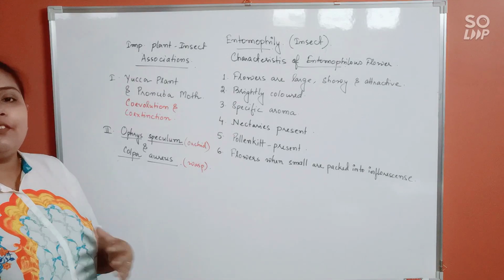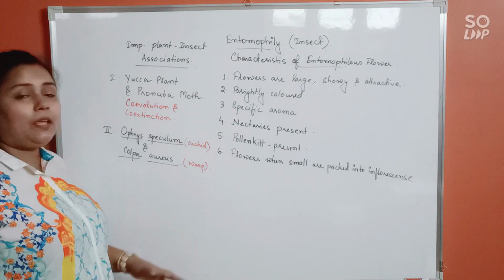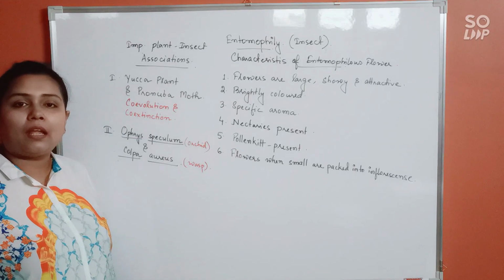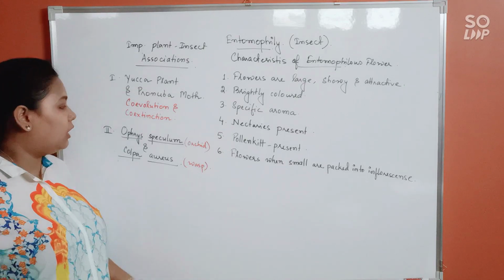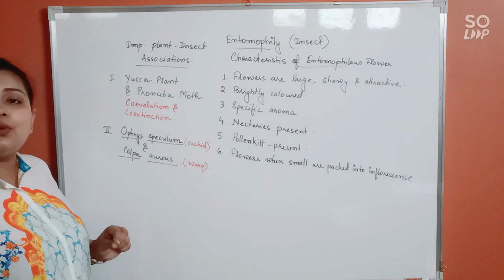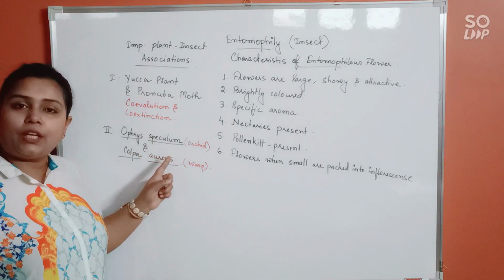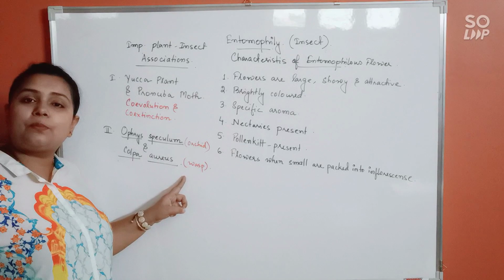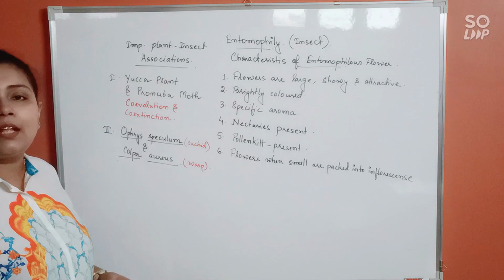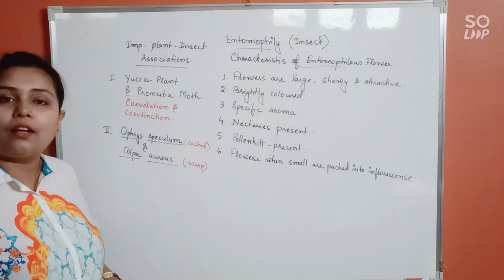So the males will be available in the surrounding and will go in search of the female. Fine? But the female eggs hatching later, the females won't be available in the surrounding. Taking advantage of this situation, this orchid, Ophrys speculum, will bear its flowers which will be exactly alike in looks, in appearance. The flower of this orchid will be exactly like the female wasp. So the male wasp will mistake the flowers to be the female, and while it pseudocopulates with the flower, there will be pollination occurring. Alright?